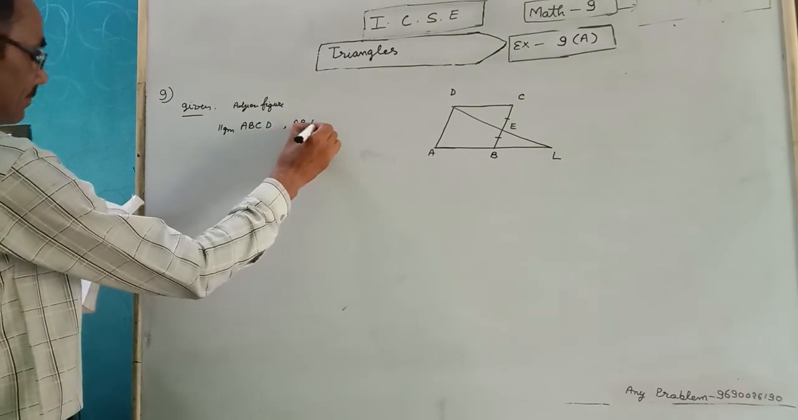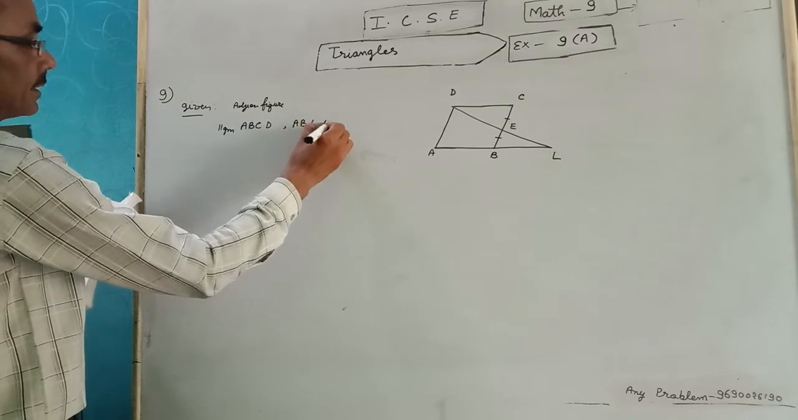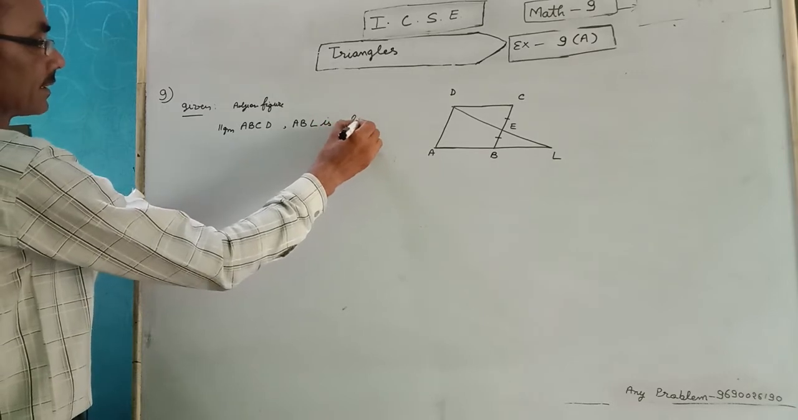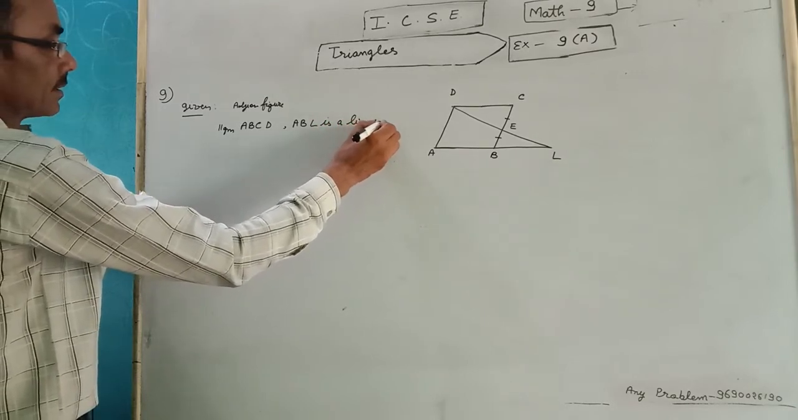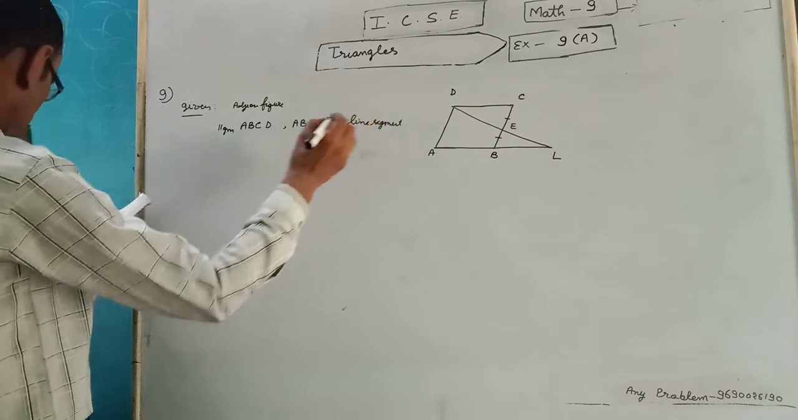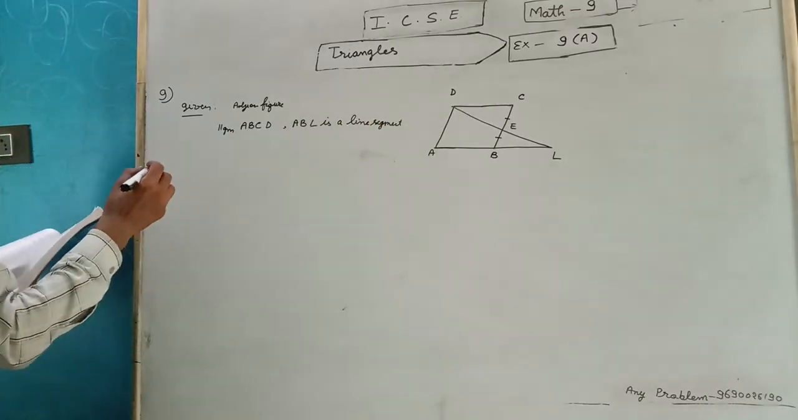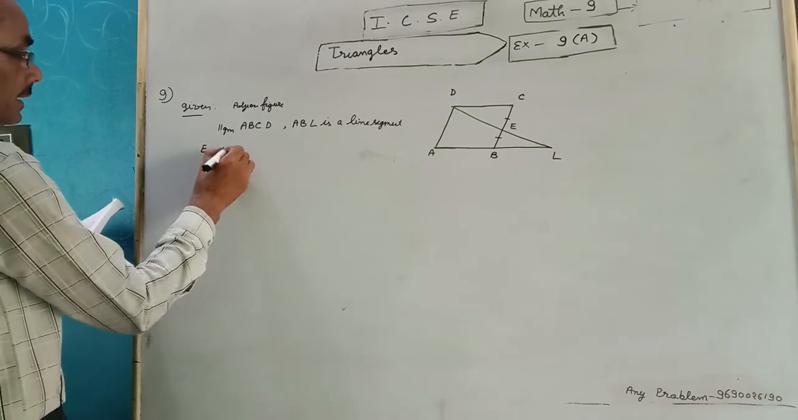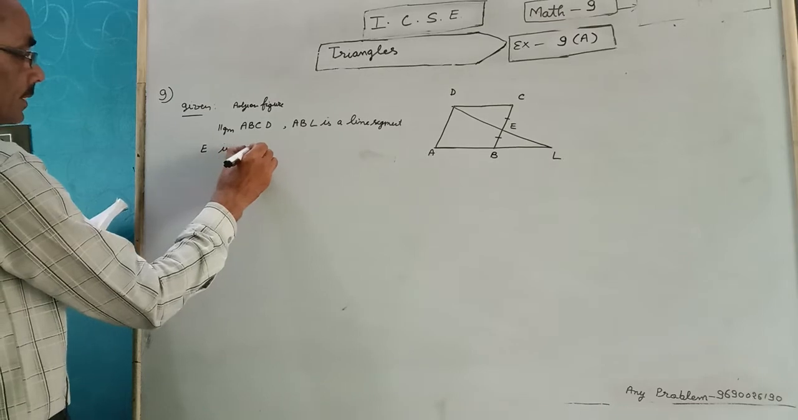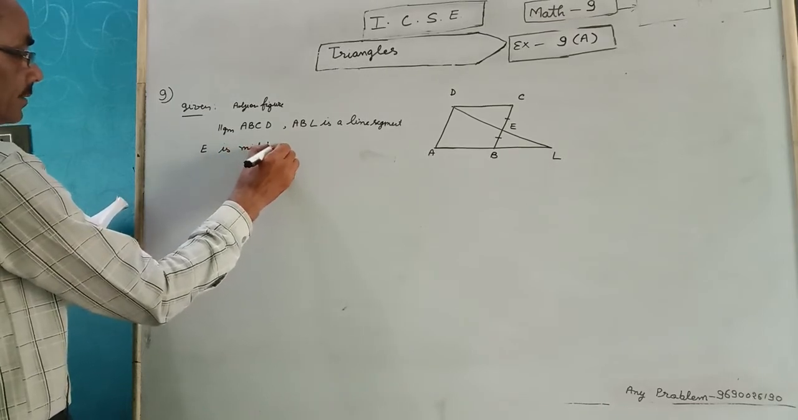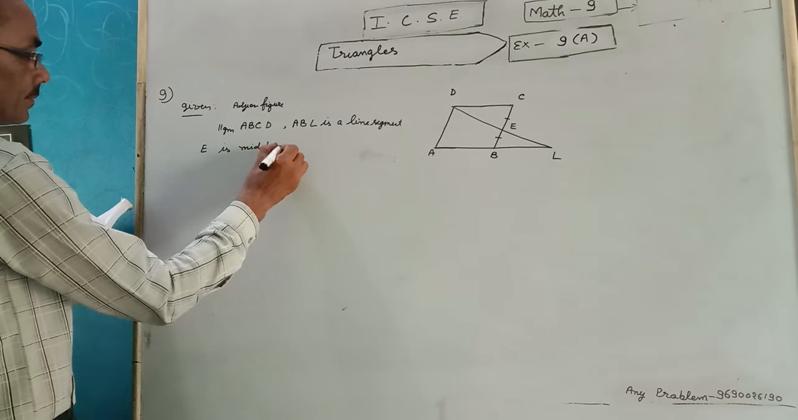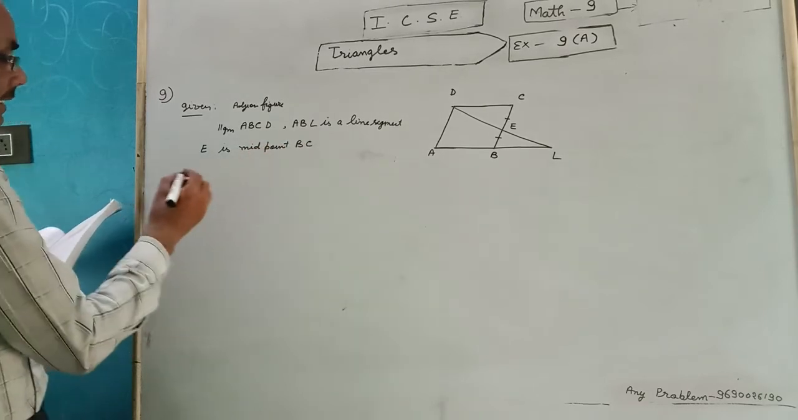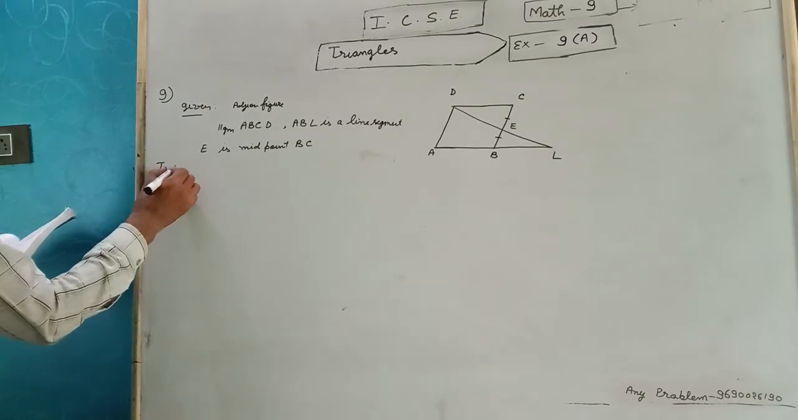ABL is a line segment. E is the midpoint of BC. That is given. To prove: